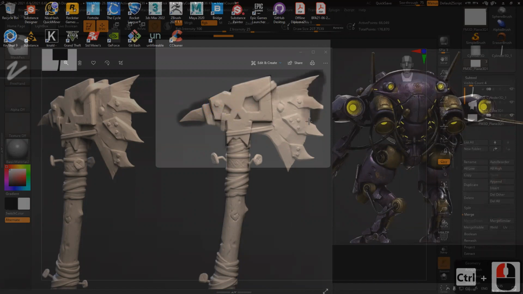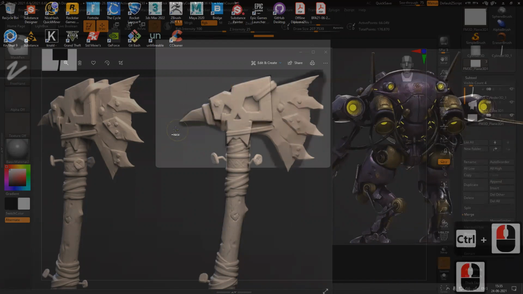I'm simply painting that section. Then Control Alt together this time. Now I'll minus the mask and make it clean masking.